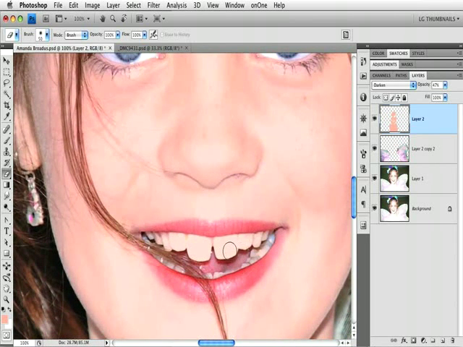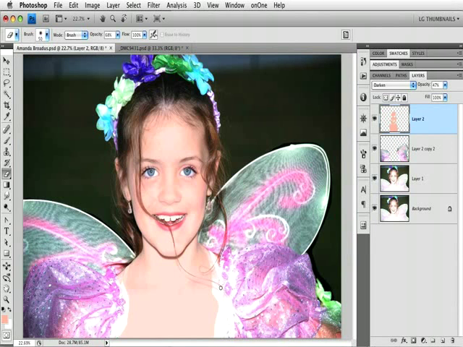Now in the case of her teeth, if I erase completely 100%, then she has brilliant white teeth. So I might lower the opacity a little bit so when her teeth are showing, they're not quite so brilliantly white as they were before. So that's looking a little better. Certainly when you compare the blown out details to now, it's a little better. You can also erase the parts here that I know are going to be fixed up,